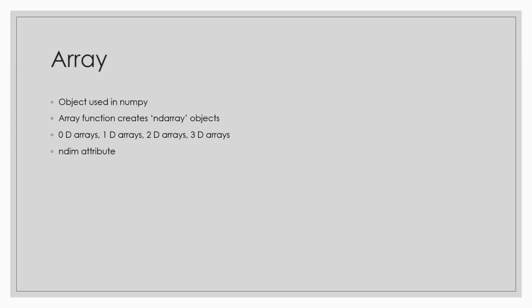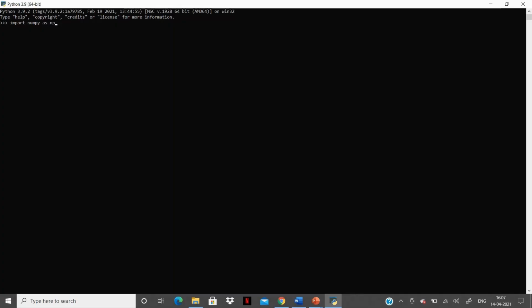Let's do an example in Python. Let's import NumPy first. We have created an array using the array function and provided the values 10, 100, 1000, 10,000 to the array function. Here we are printing the values of the array A using the print function. Let's verify the type of object A. ndArray.